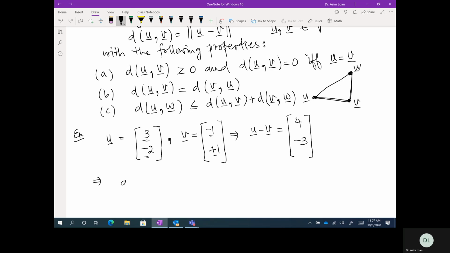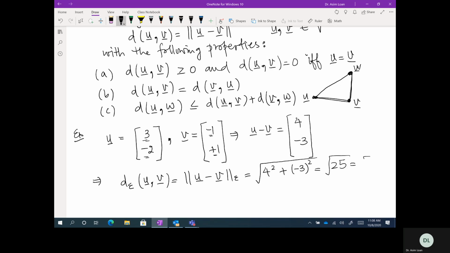So this implies the Euclidean distance between u and v is simply the Euclidean norm of u minus v, which is the square root of 4 square plus (-3) square, so this is the square root of 25, which is 5,